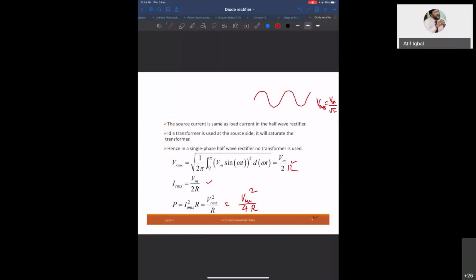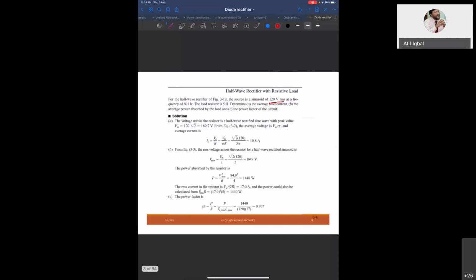That was for your sine wave. But here it is a half sine wave. It is not like a pure sine wave. It is a half sine wave only, so you get Vm by 2. Does it make sense? Yeah, it makes sense. Thank you, Doctor. Anyway, since it is half, that's why it is like this. And since there is no linear relation, it is like square root and all this.